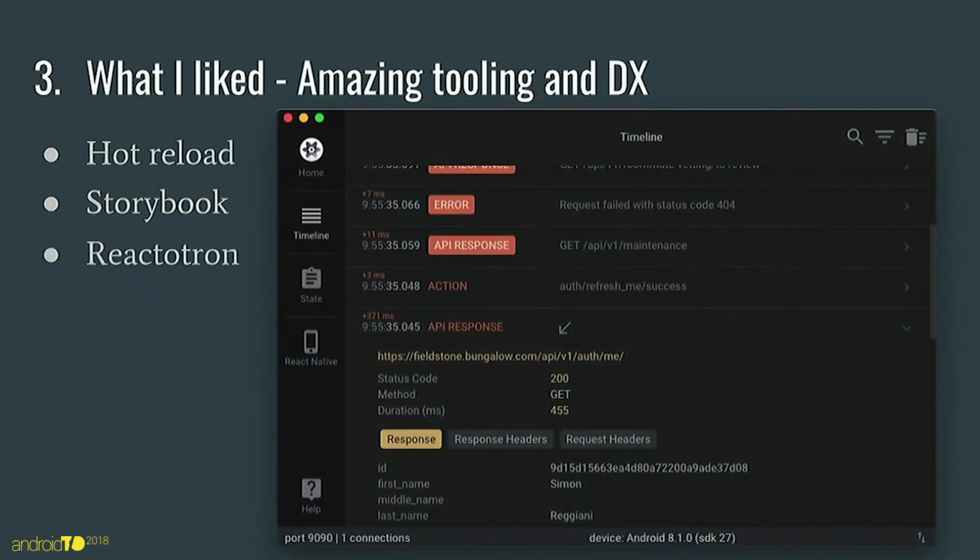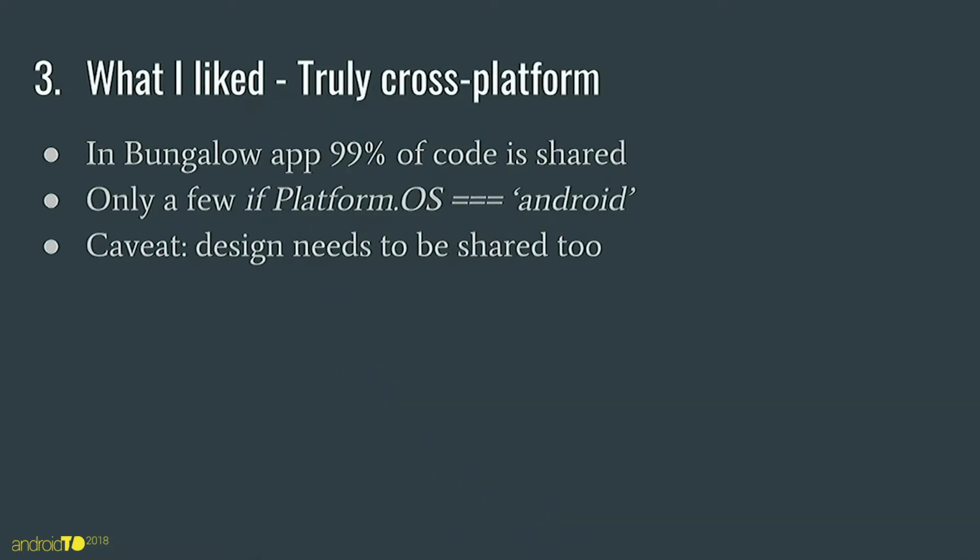The other tool that I really love is Reactotron. It's a debugging tool where you can see, obviously, debug logs, but you can also see API requests and responses. You can see Redux actions, you can see errors. You can replay Redux actions and see the Redux store states, like the whole state of the app. You can look at that. So that's a pretty cool tool.